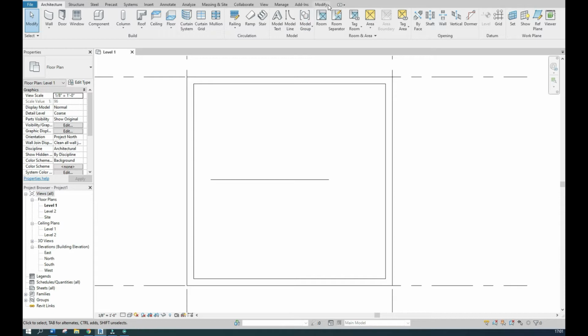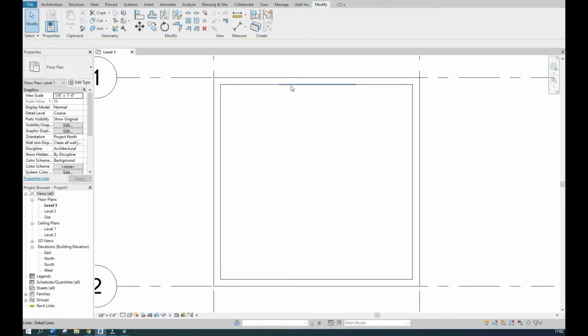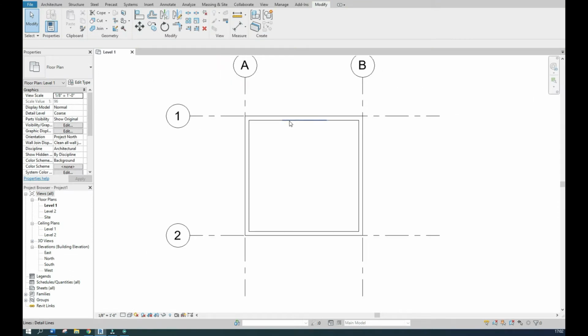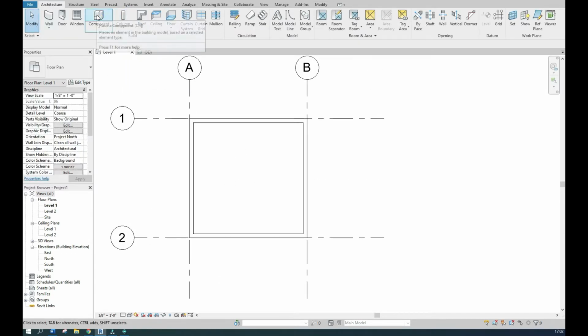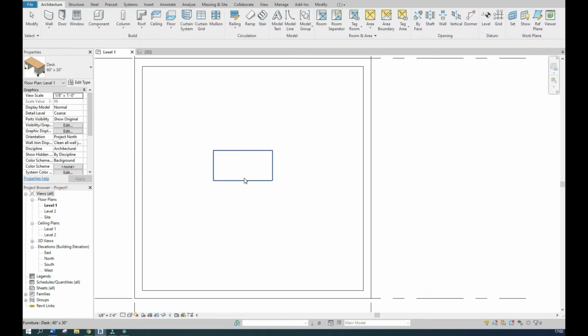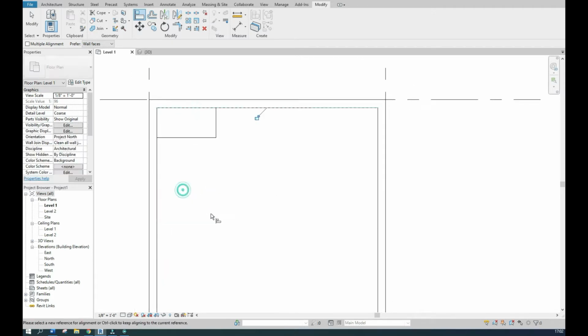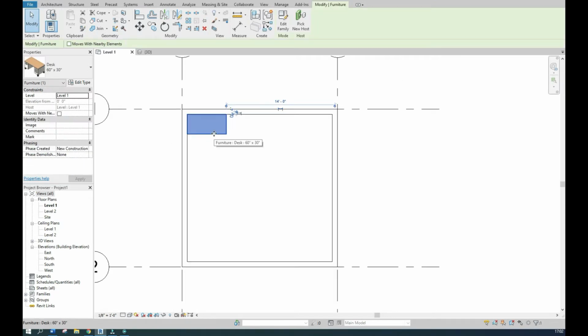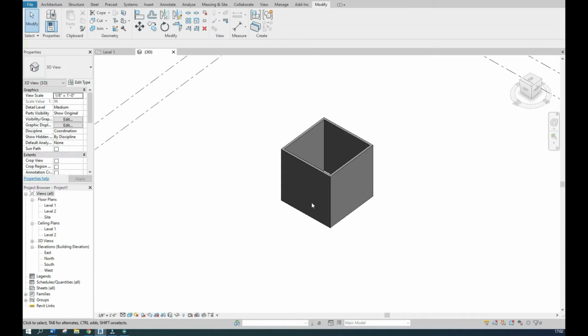Align lines to wall. Align components. Align in 3D view.